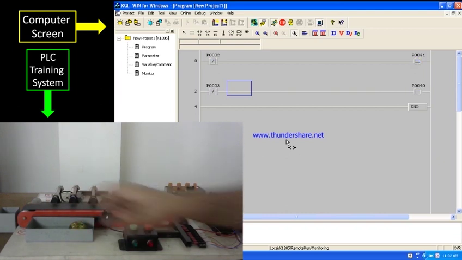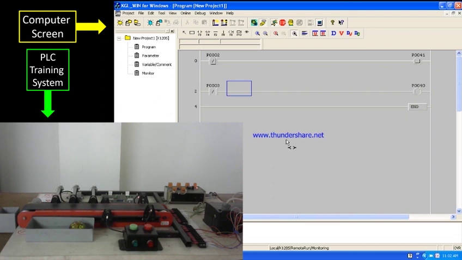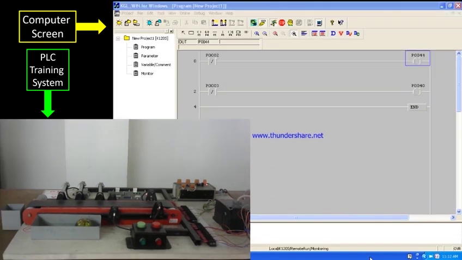So this is how the sensor works. They behave opposite to the push buttons. In the next program we are going to learn the use of relays. So let's get started. Let's disconnect the previous program and